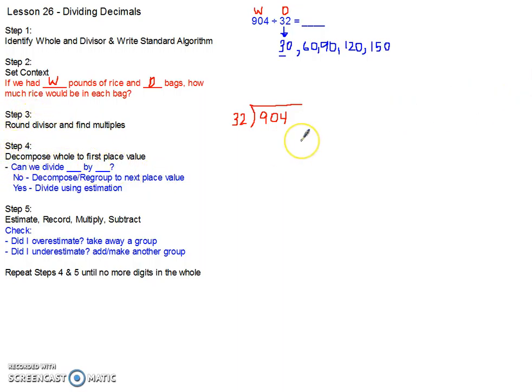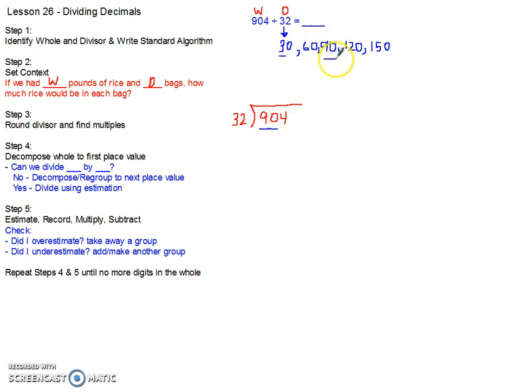First, we're going to decompose the whole to the first place value, which is 9 hundreds. And then I ask myself, can I divide 9 hundreds by 32? No, I can't without going into decimals. So I want to find a bigger whole number to make my division a little bit easier. So I'm going to decompose to the next place value, which is 10s. So I'm going to have 90 tens, and I'm going to ask myself,